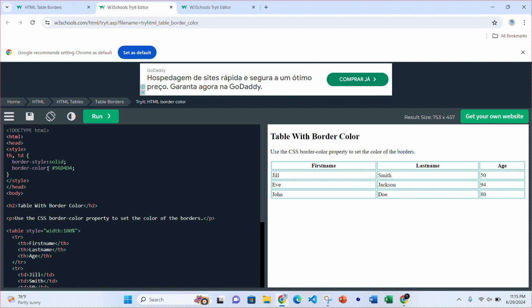All right. And this was given to only th and td. It was not given to table. If you add table here, the outline for table will be around these elements. All right,